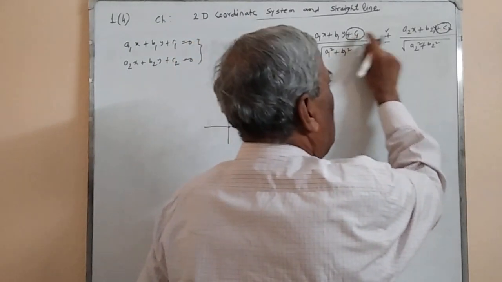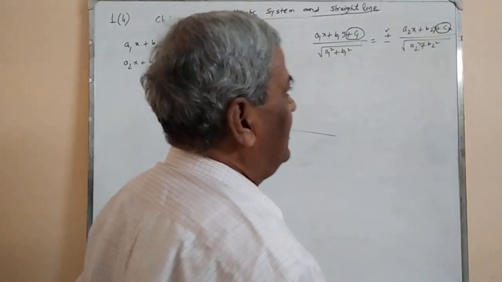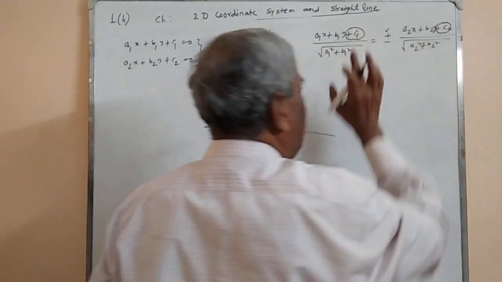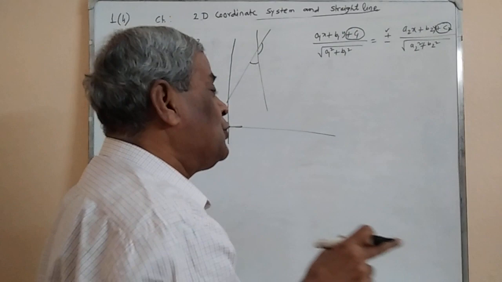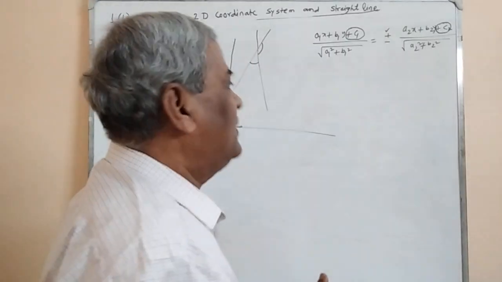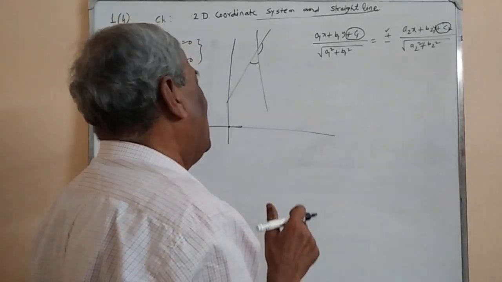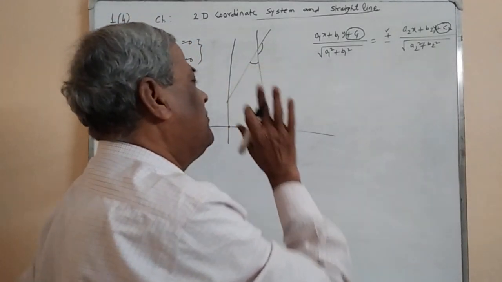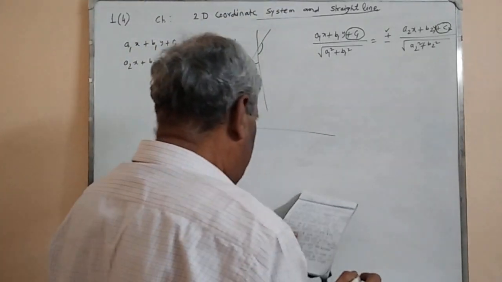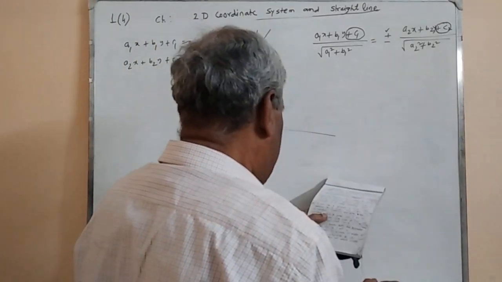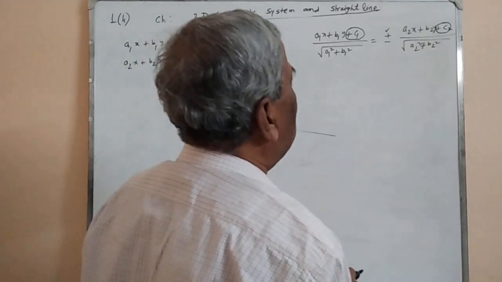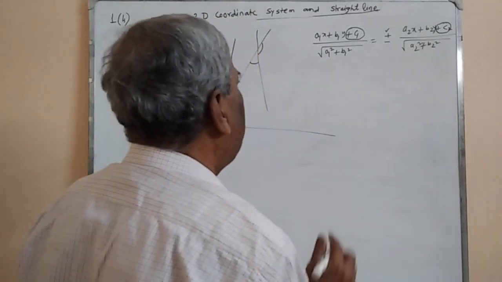If C1 and C2 are of opposite sign, then take the minus sign so that the signs will be the same. So the equation of bisector corresponding to the negative sign will give you the equation of bisector of the angle containing the origin. So number three, to get the equation of bisector of the acute angle between the straight lines, one simple calculation will be needed.